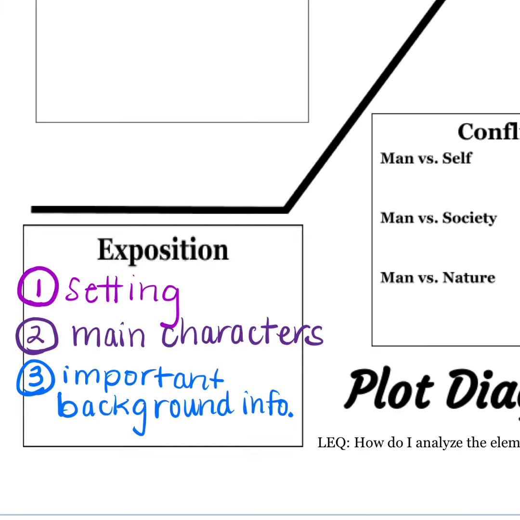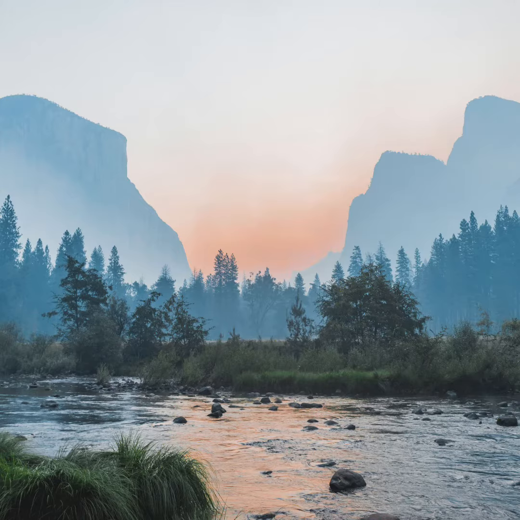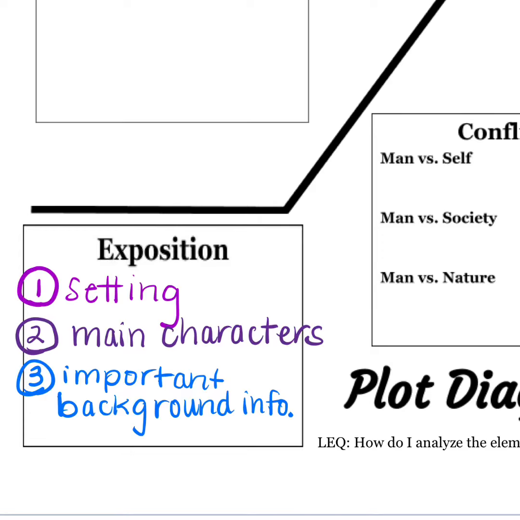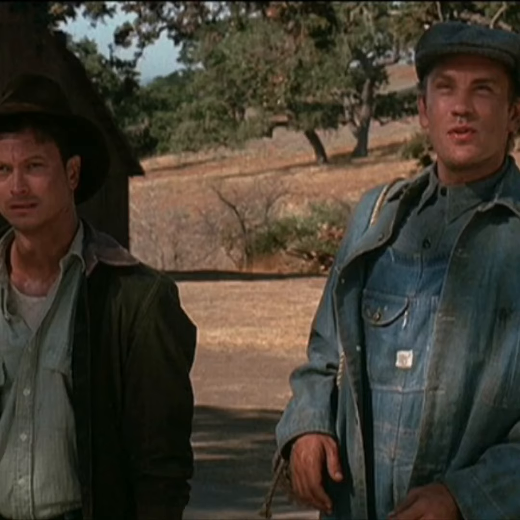The exposition is the very beginning of the story. In the exposition, you get 3 parts. The first part you get introduced to is the setting. Your setting might be things like what surrounding objects there are, or what natural features there are. Or it might be what country the story takes place in, or what state, in this case, for Of Mice and Men. The exposition is also going to introduce you to the main characters